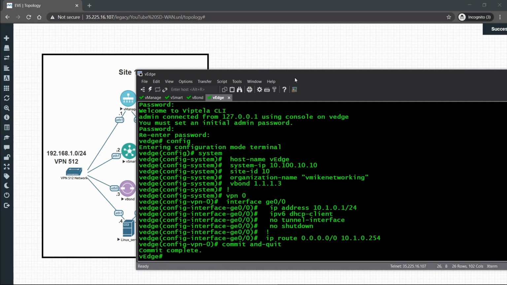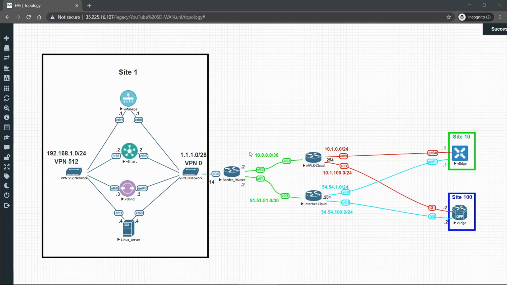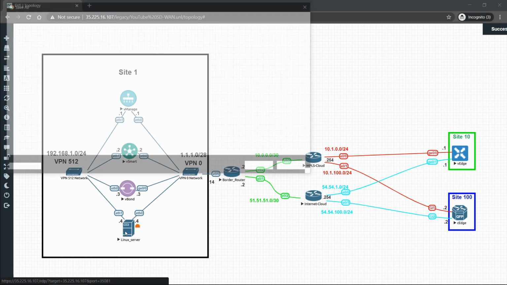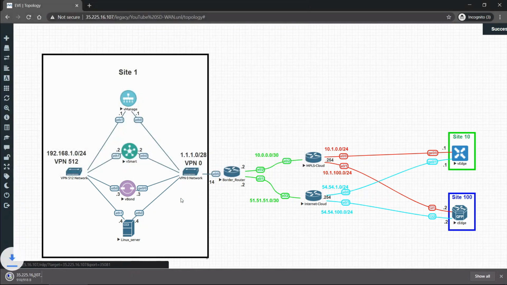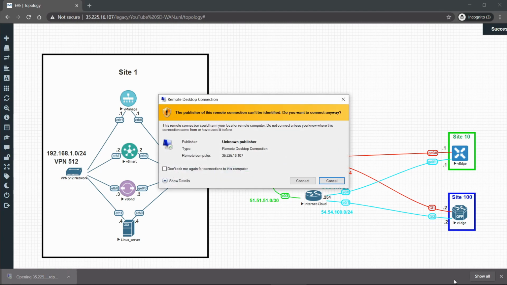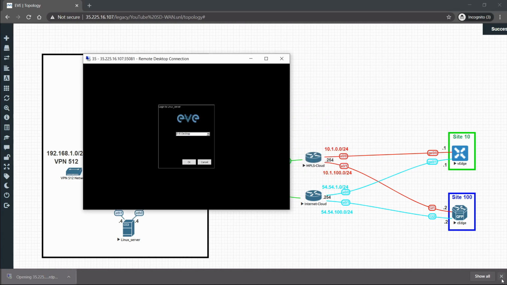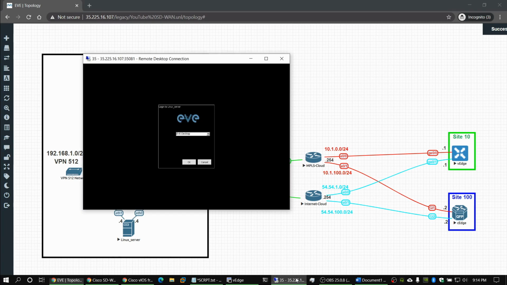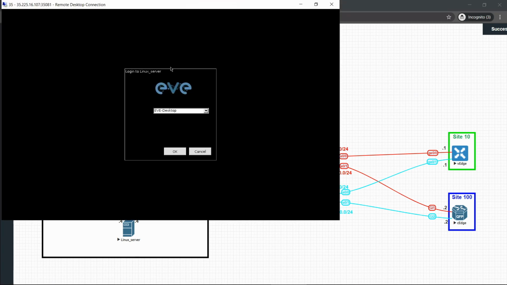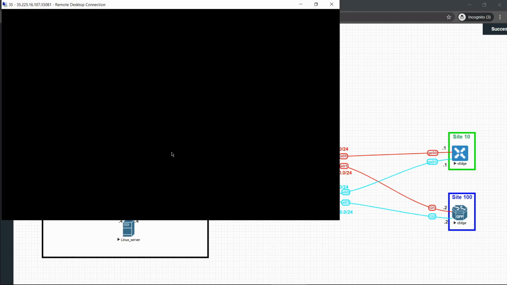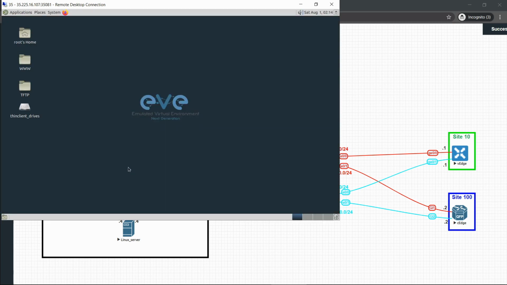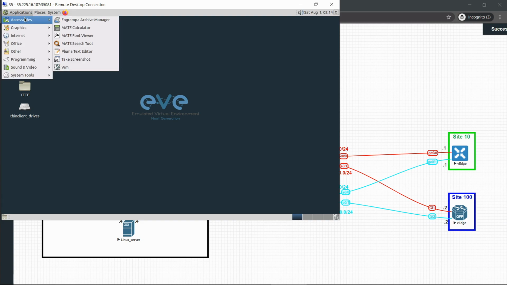So now what we need to do is actually bring up the Linux Docker container once again, and double click on it, download the RDP connection, connect. I'm going to snap this back up to the top. And what we're going to do now is grab the cert and actually copy it over to the vEdge. So to do that, I'm going to click on Applications, Accessories,